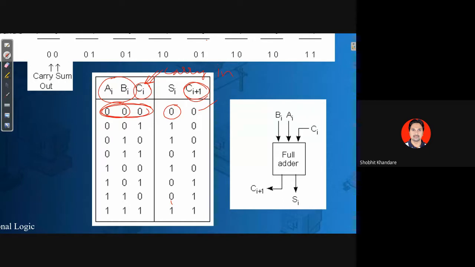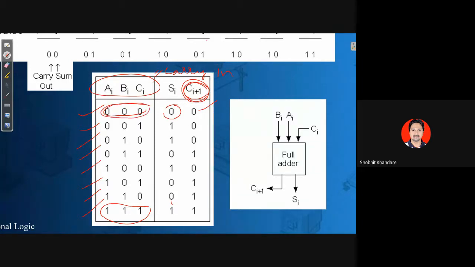So CI and CI plus 1 is different. So if I'm using these 3 variables, these are the 8 possibilities. Starting from 0 0 0 to 1 1 1.